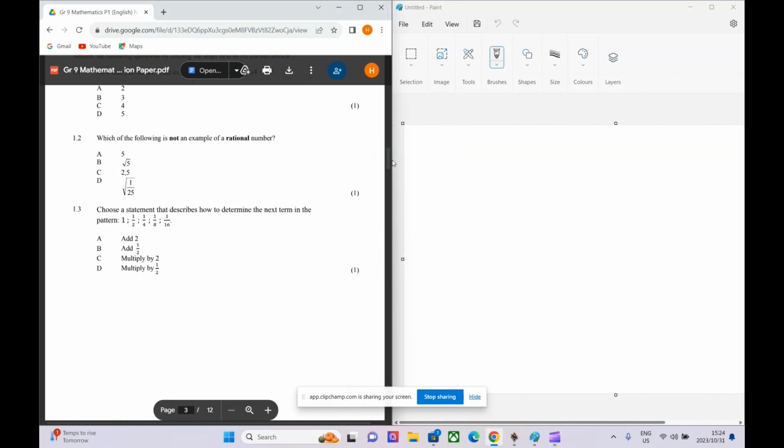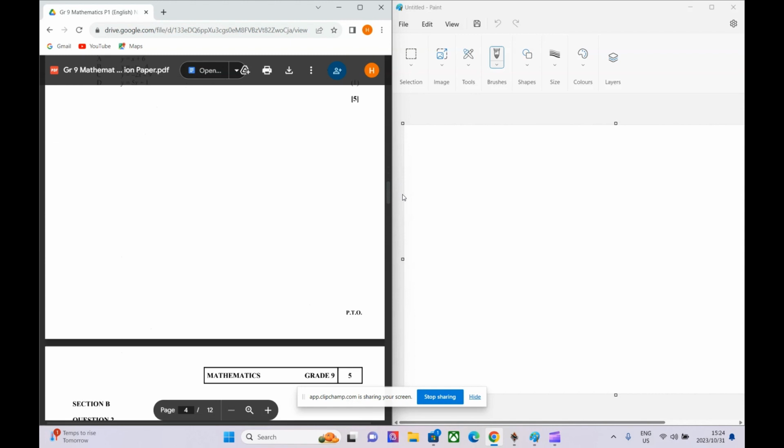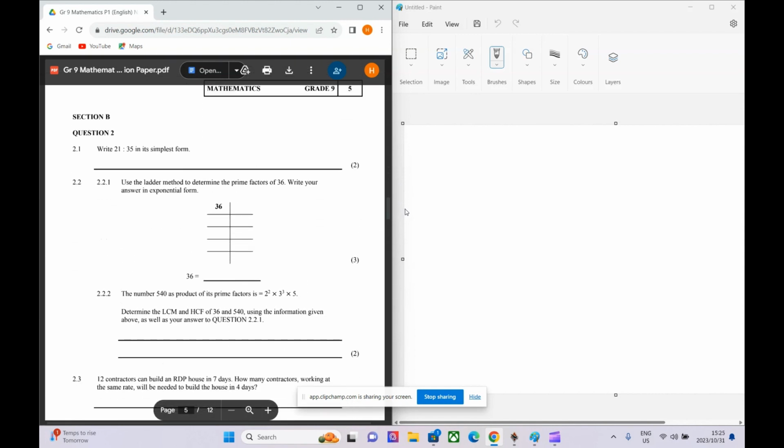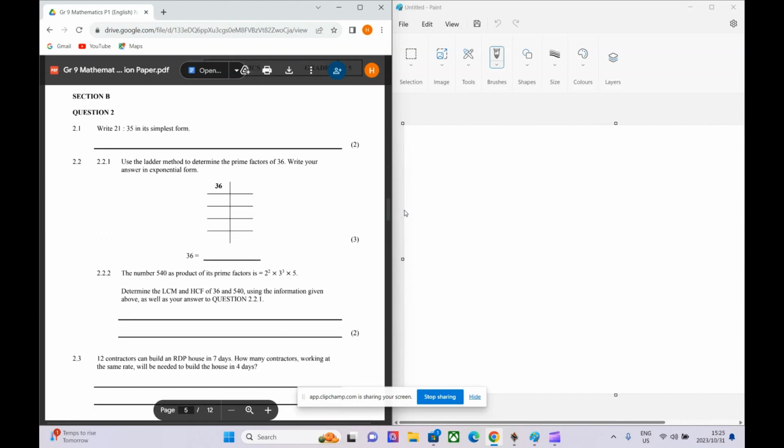So if we scroll to question 2, we can see these are the kind of questions we're working at. Okay, so they're testing some basics, just checking we've got these skills. So first of all, we've got a ratio question. So 2.1, they ask us to simplify a ratio. Okay, so our ratio is, they say simplify